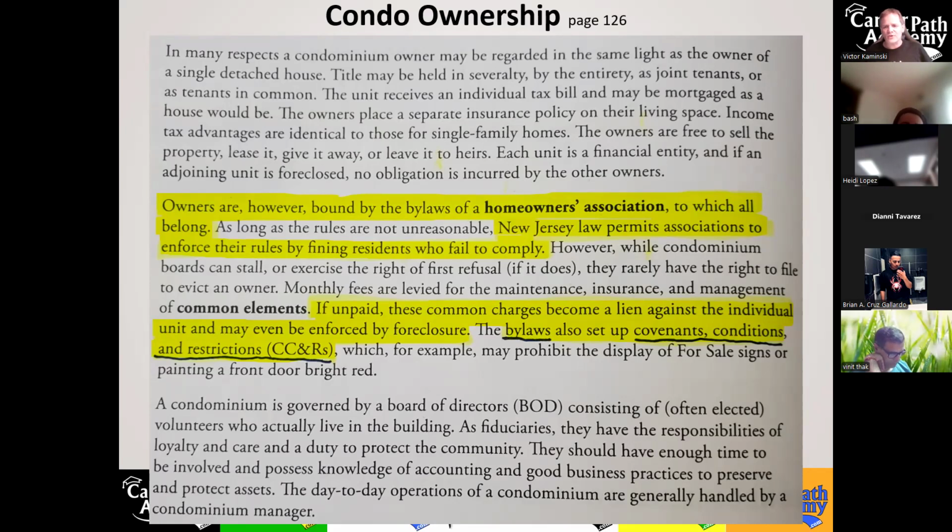And sometimes these condo complexes can really get, it says as long as the rules are not unreasonable. Now, what is unreasonable? It's kind of subjective, right? I sold a lot of condominiums in my time. I actually specialized in it for a while. I even started marketing myself as the condo king. I know it sounds cheesy, but hey, you're specializing, you find your niche and you go with it. And I got a lot of business out of it, marketing myself as the condo king, and it worked pretty good.